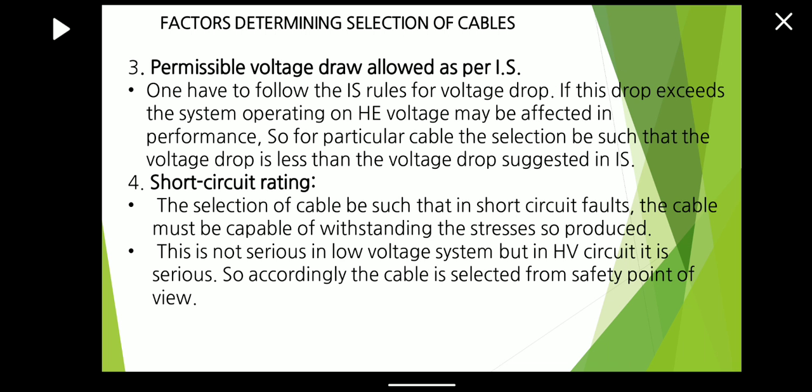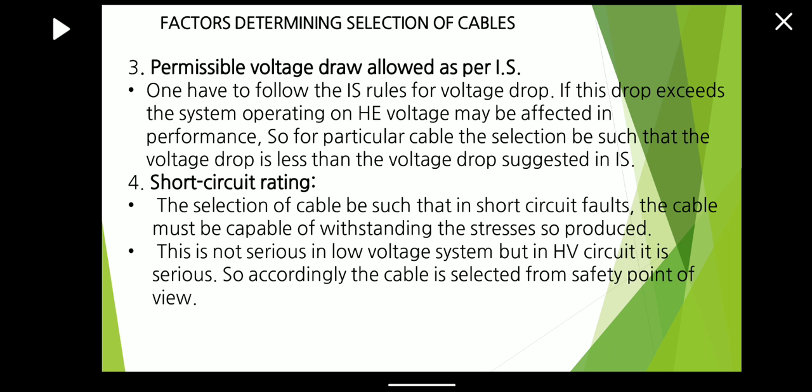Then permissible voltage drop allowed as per the IS. One has to follow the IS rule for voltage drop. If this drop exceeds, the system operating on that voltage may be affected in performance. So for a particular cable, the selection must be such that the voltage drop is less than the voltage drop